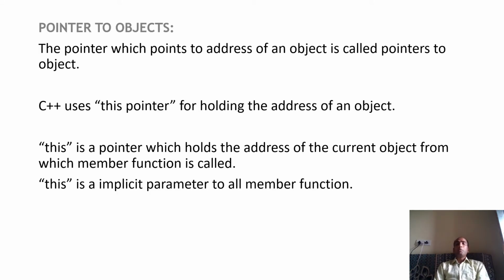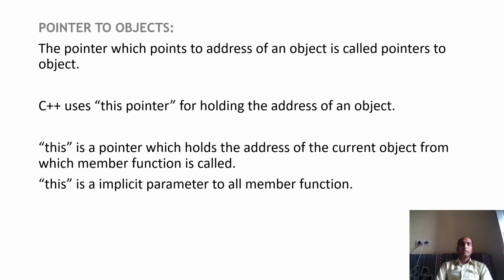Now, next thing, pointer to object. Here I want to ask a question. Let's suppose I have created a class student. Please listen carefully. In this student class, I have taken 2 members, int roll and int age. I have created a function void get, using which I accept roll number and age, and a display function using which I display roll number and age.